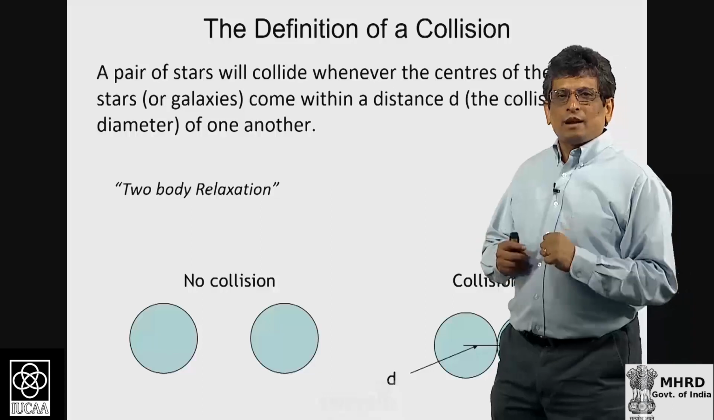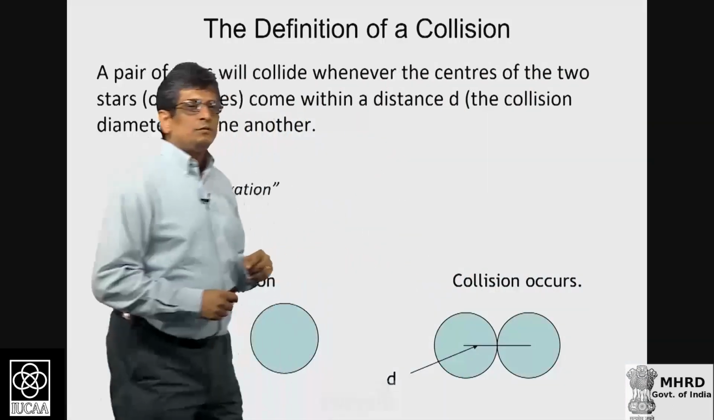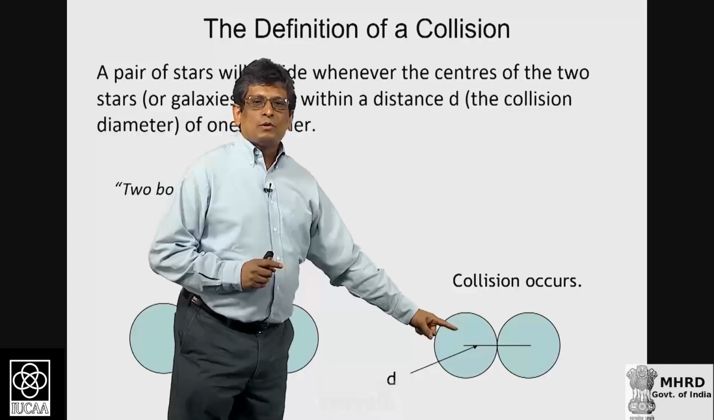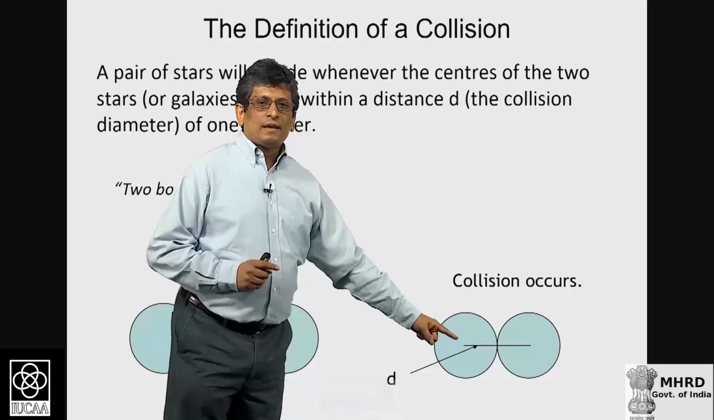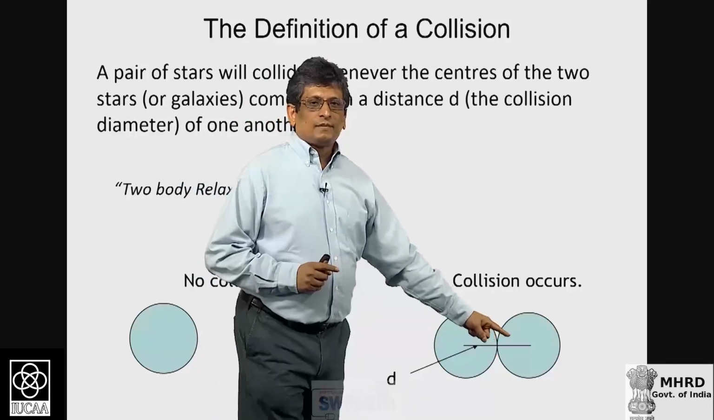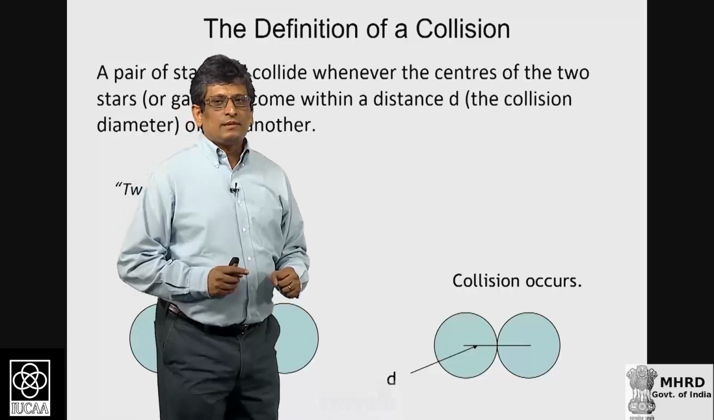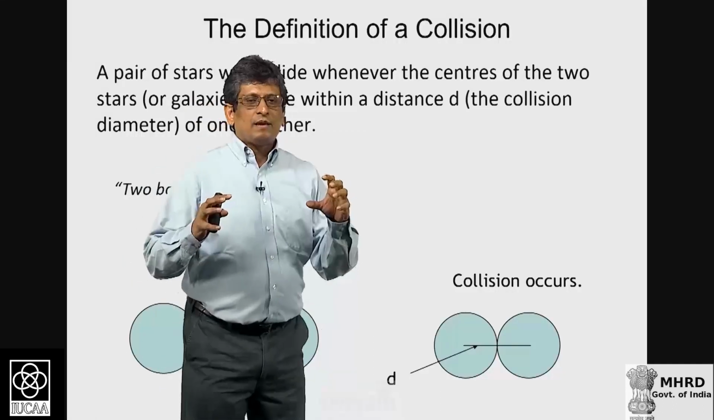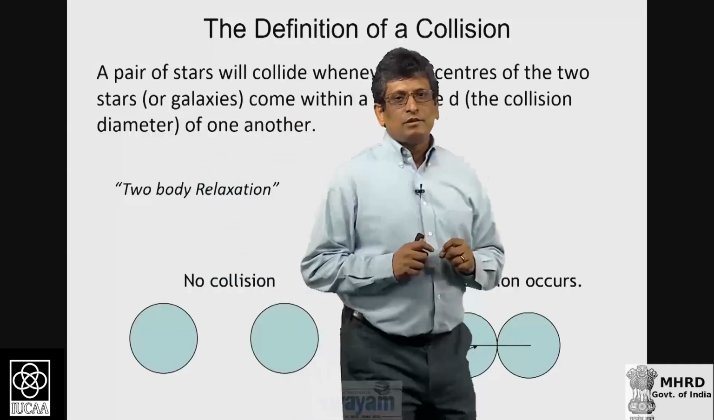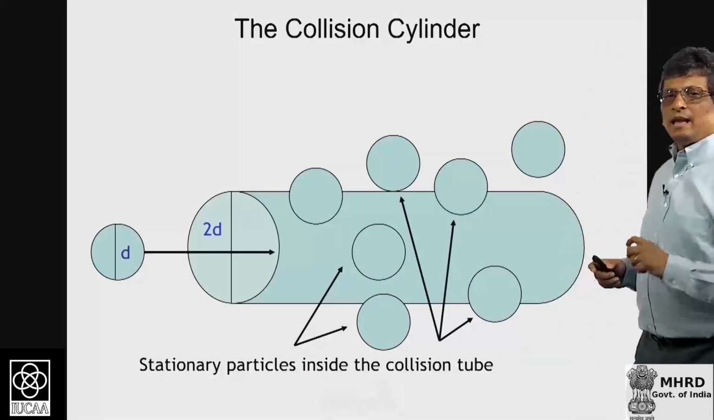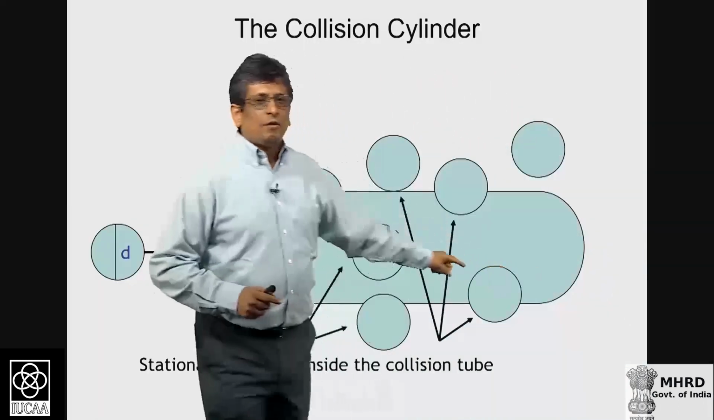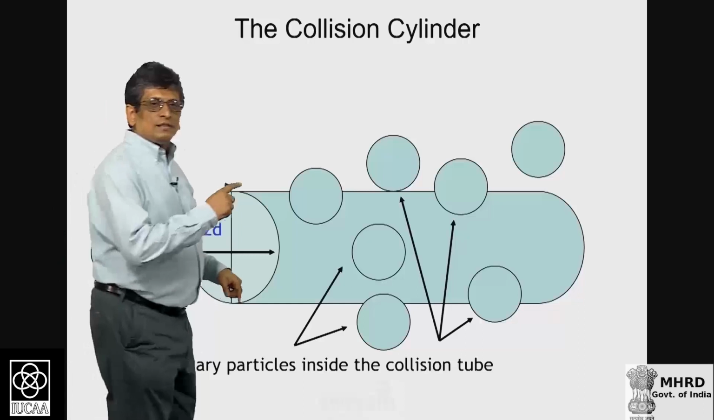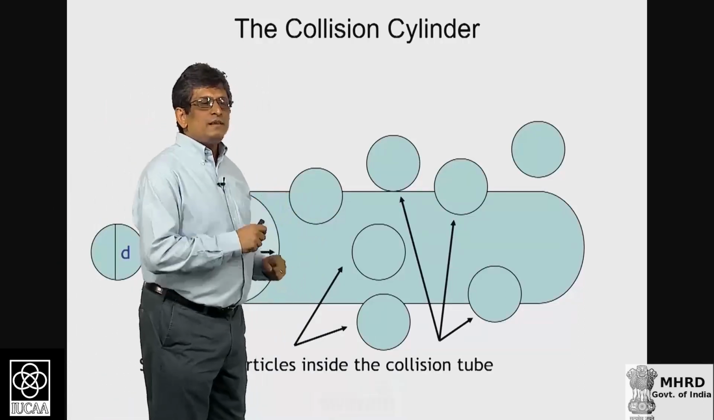Now, say you have two stars, and your definition is that two stars will collide if their centers come close enough such that the distance between them is the diameter of each star, right? If that happens, then we call it a collision. If the two stars are separated by a distance larger than that, then it is not a collision. Okay? Now then, as a single star moves through a distribution of stars, you have lots and lots of other stars around it, which all have the same diameter d, and you